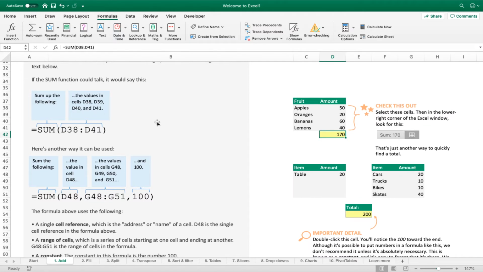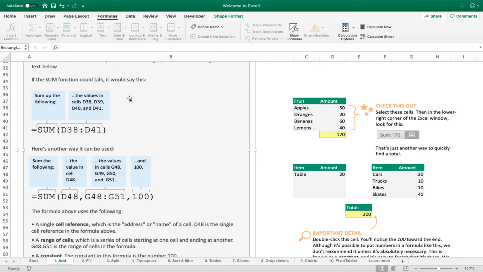I wonder what accent the sum function talks in. What if it has a really douchey voice? What if the sum function said it like an idiot? What if it's like an e-boy?